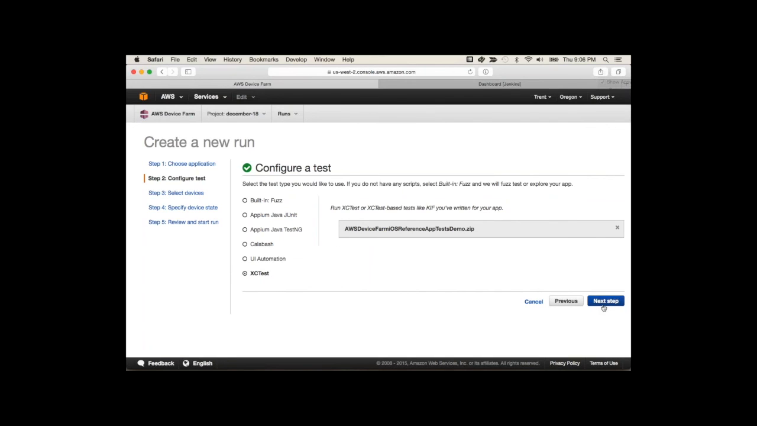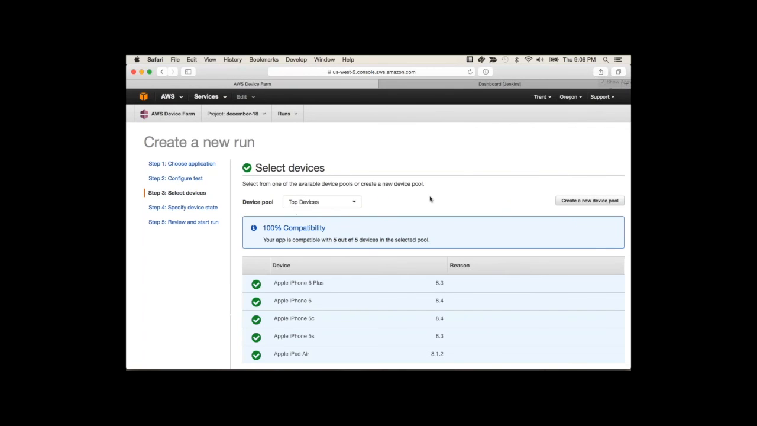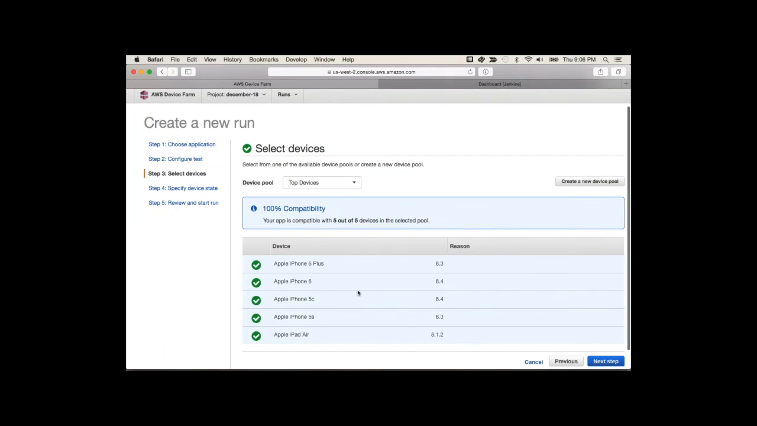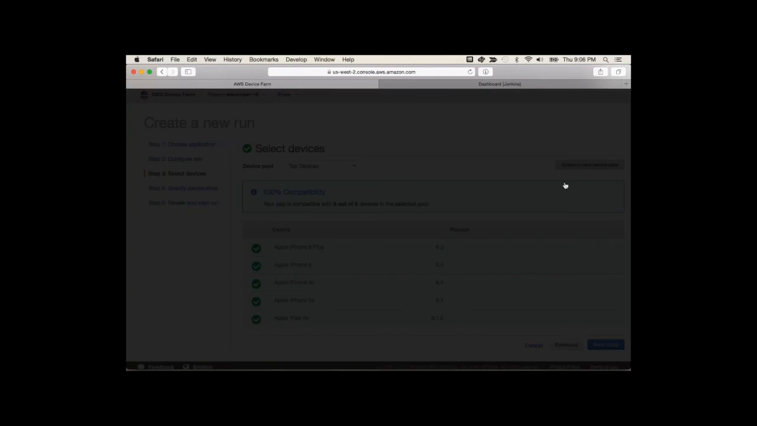And now that we've uploaded our tests, we're ready to select devices. Just like with Android, we can see a set of devices down below. These ones are obviously Apple since we've selected Apple devices. Again, this is the curated pool. And just like with Android, you can also create your own pool